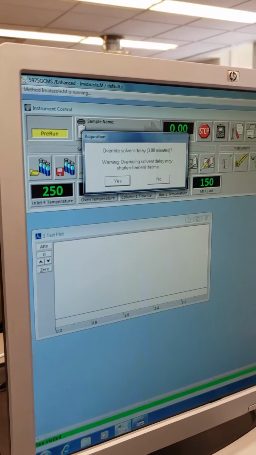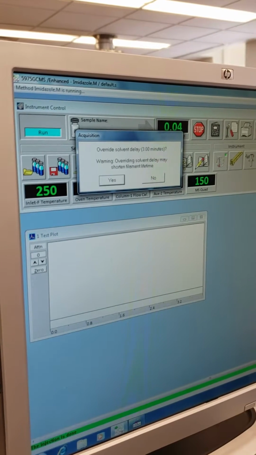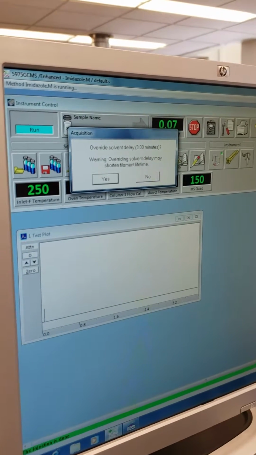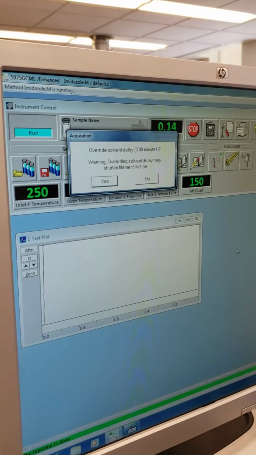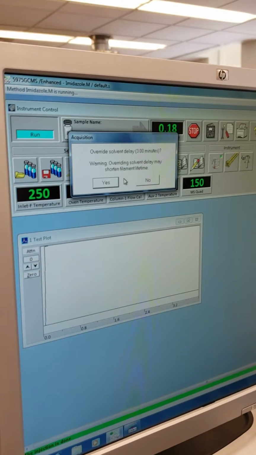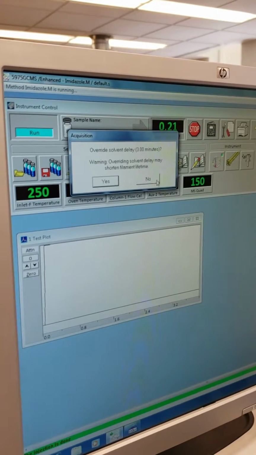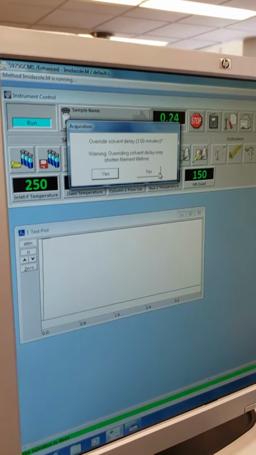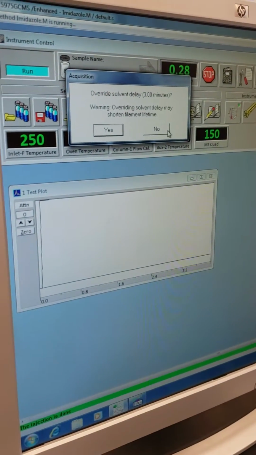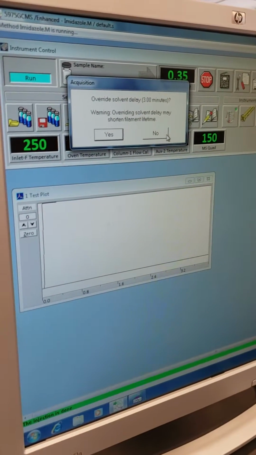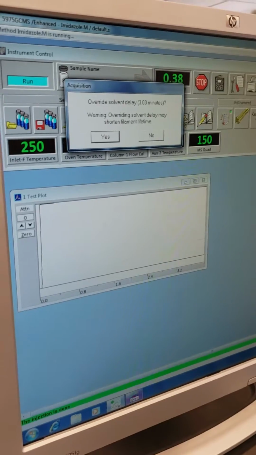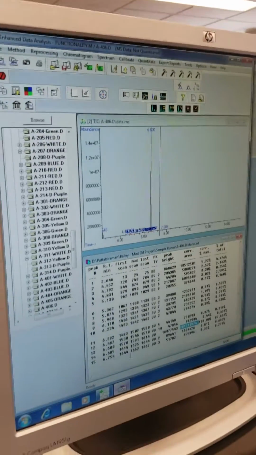So when, should we just ignore that one? If you want to override the delay, you hit yes. If you don't, you hit no. If you don't hit anything, the message will go away after 3 minutes. Okay. So I mean, it doesn't make that big of a deal. But for the analysis software,